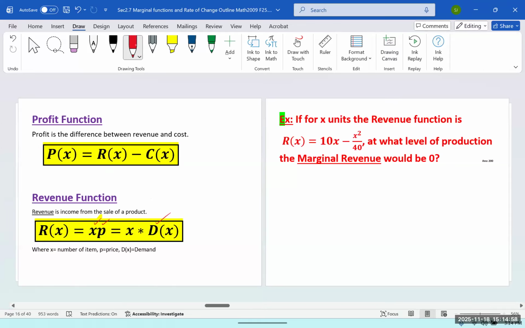So what type of question we have? This P is profit. On the bottom is price per item. Price per items. So price is denoted by small p and profit is denoted by big P, even though they both are same.